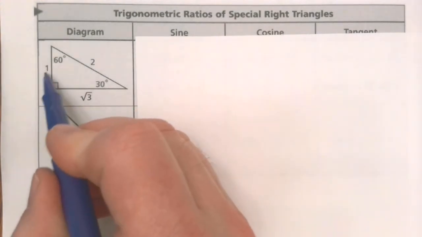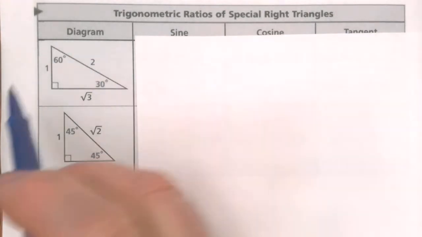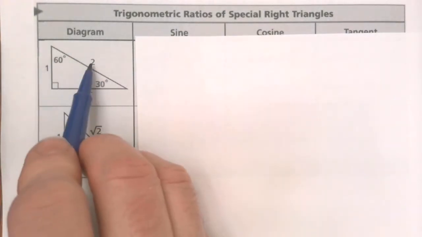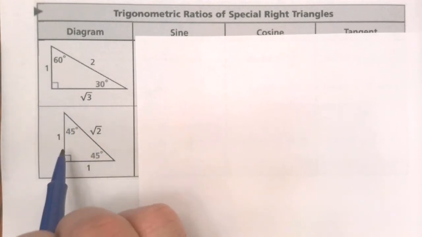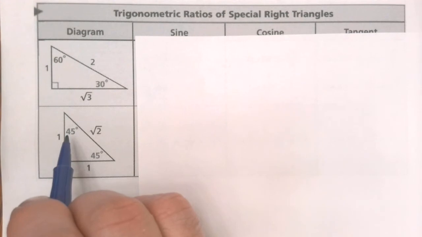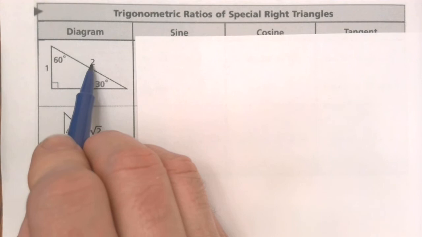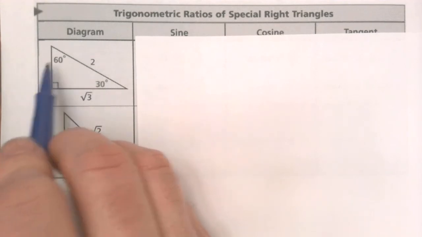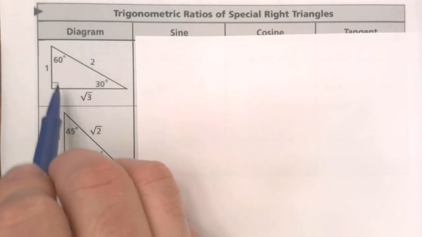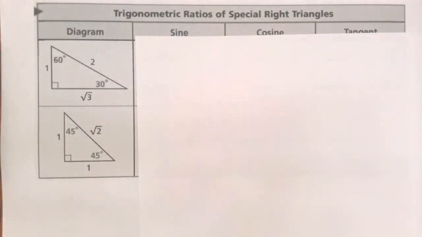Let's say that instead of 1, you had a different number. Those ratios would still be in place, so if this is 4, then this side would have a length of 8, and this would be 4 times the square root of 3. When you set up fractions and look at the ratio, it doesn't matter if you're going from 1 to 2 or from 4 to 8. The ratio of those two sides would be 1 over 2, or a half, or 4 over 8, which is also a half. And because sine, cosine, and tangent are ratios,